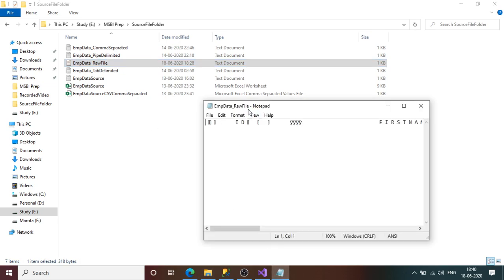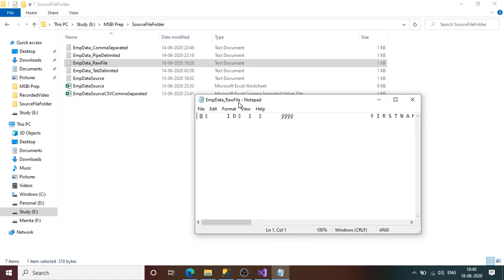Okay, so here it goes. If you see here, we have the data like this. All the data will be present in a single row here. This file actually contains data of 3 rows, but first name, last name, these are the header columns, and then we have the values. So everything is present in one row. And secondly, there is no specific separator which we can specify here. So that means the data is in a raw file.